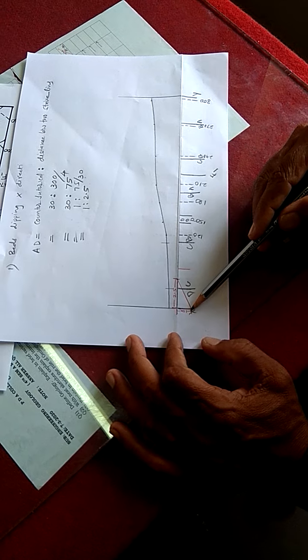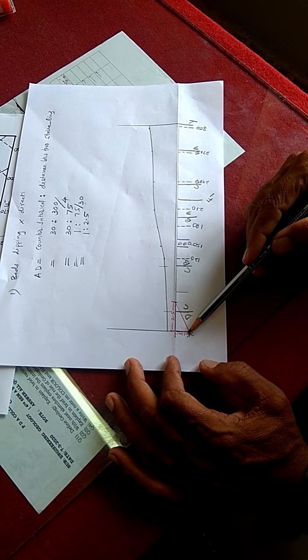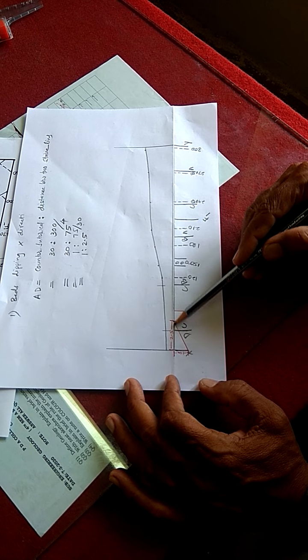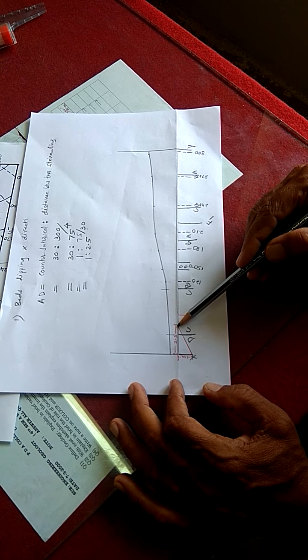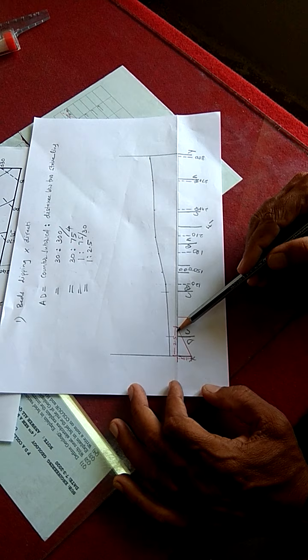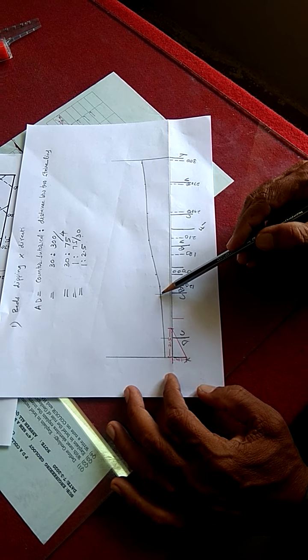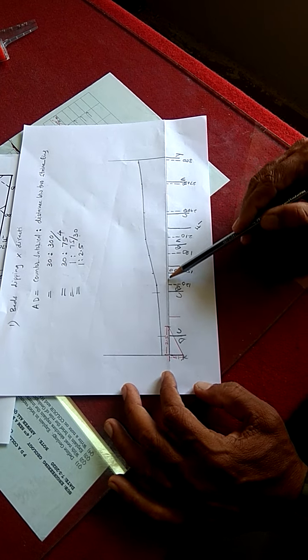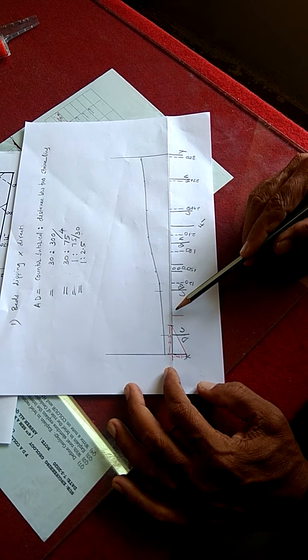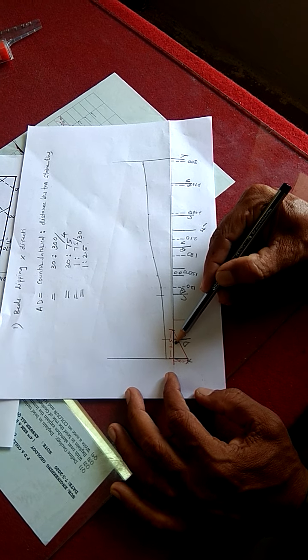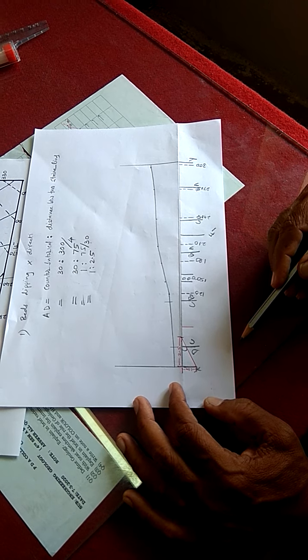Friends, you see, from X we have to draw a vertical line 1 centimeter, and towards Y we have to take 2.5 because 1 is to 2.5. And we have to join those 2 points. You will get the inclination, how much the beds are inclined. If you want, you can calculate the theta also. It means the degree also, how many degrees it is. So accordingly, you have to draw the bedding planes.